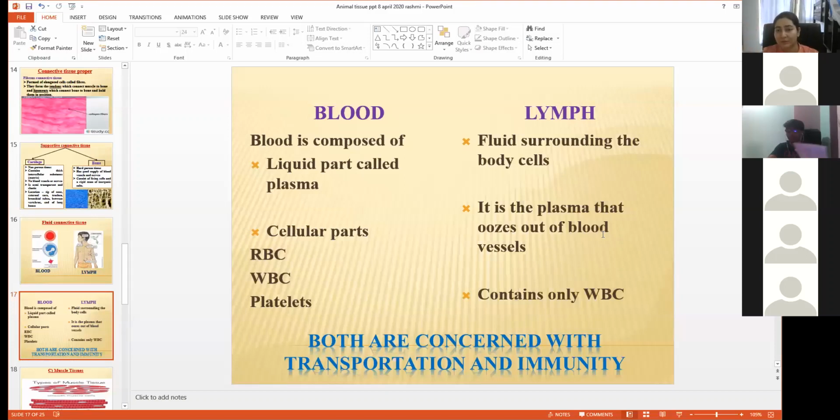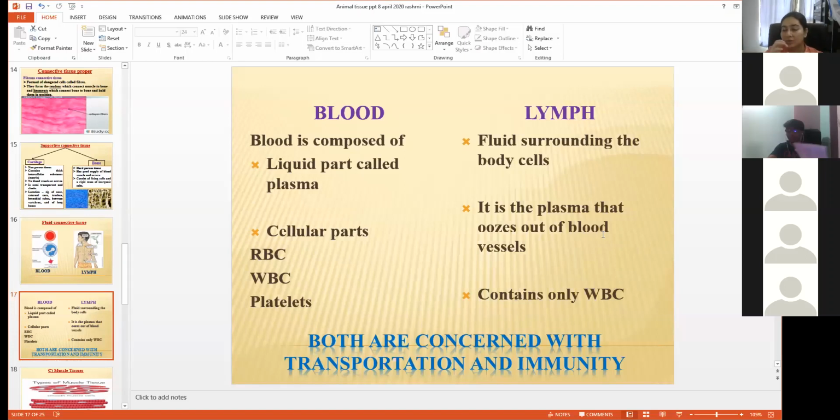That means, students, the difference between a circulatory system and a lymphatic system is that the circulatory system is throughout the body. It is bidirectional, but the lymphatic system is only unidirectional. I know two participants have raised their hands. In the end, I will unmute you. You can ask me your questions.